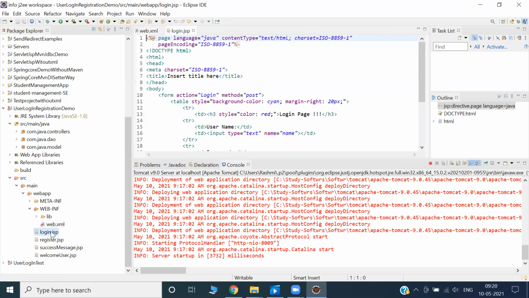Login.jsp. Again, I'm telling you, JSP. What is JSP? JSP is a web component where we write Java code. We are writing the Java code inside HTML. Is JSP like HTML? You can say yes, it is HTML. If you write the Java code, then it becomes pure JSP. So is it mandatory every time to write the Java code? It is not mandatory.